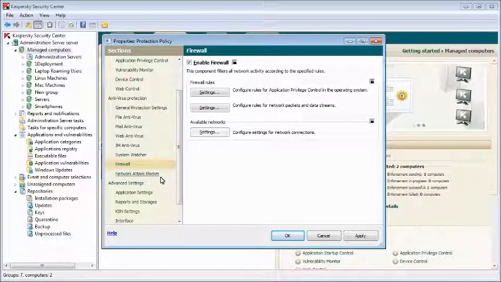We also have a network attack blocker there, so this is in place to slow down the propagation of malware on the network. So there's certain network aware worms, and we can block those. So that's really where the feature